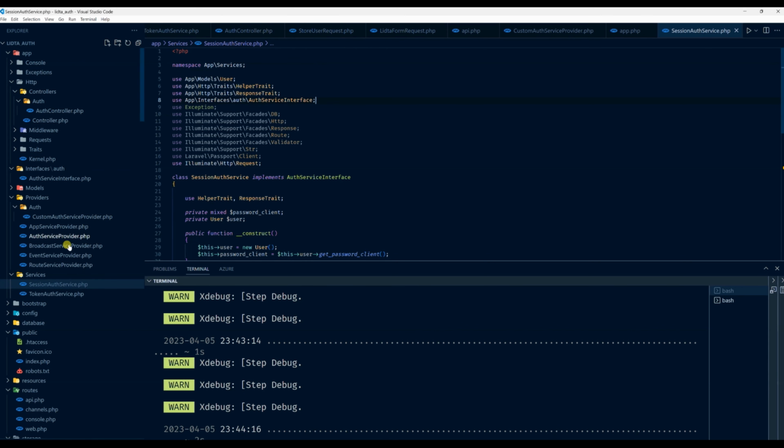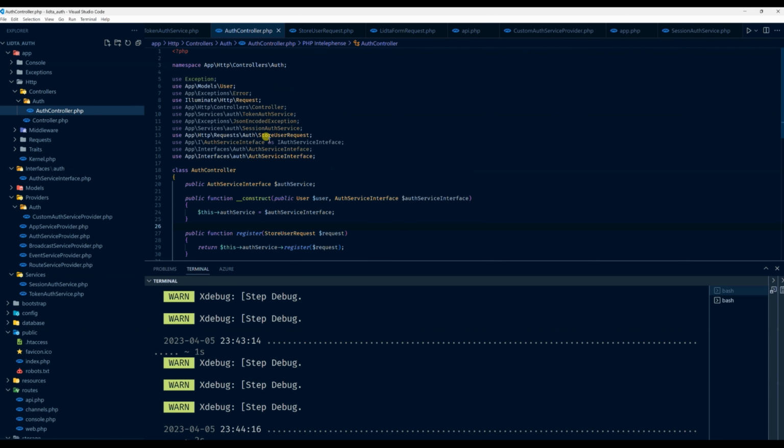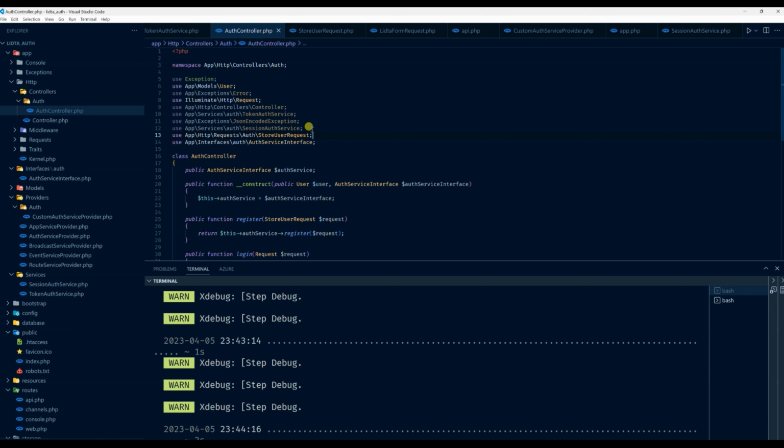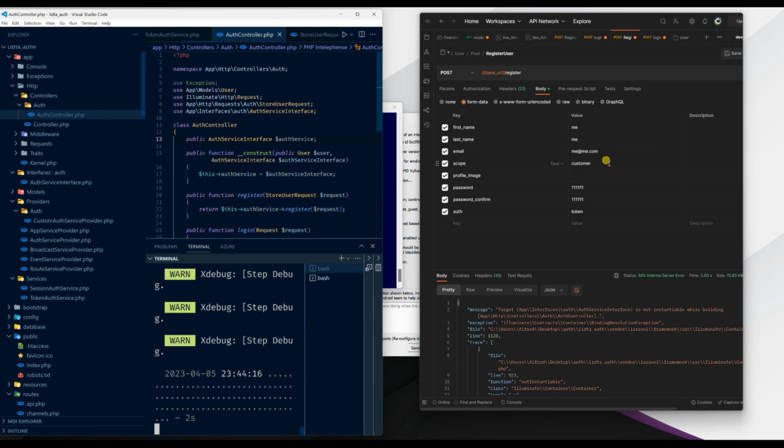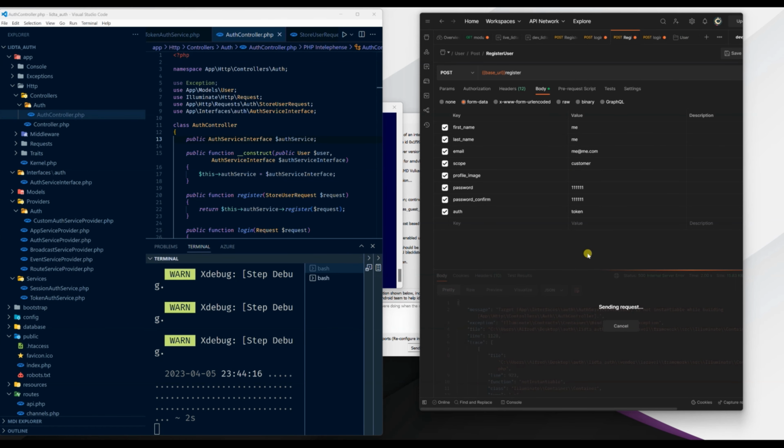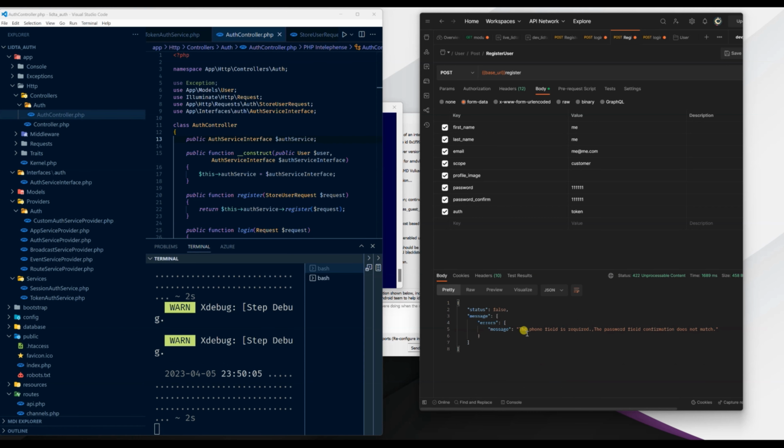No, this one's okay. And in our controller here, let's just make sure that we are using the correct interface, and I think here we are using the correct interface, so we can get rid of this. We can get rid of all of these. We can get rid of this. So I am going to try to run the application again, send the request, and now we have a positive